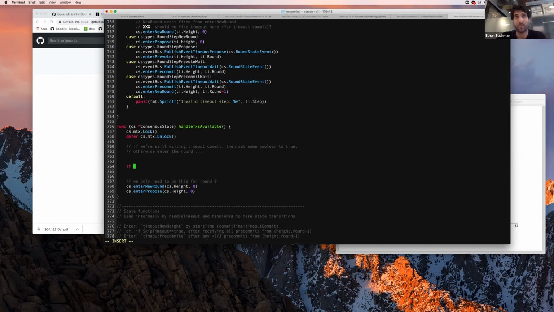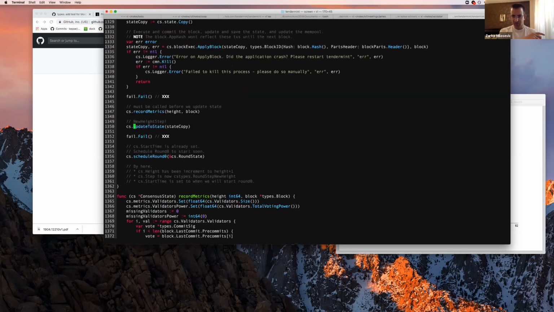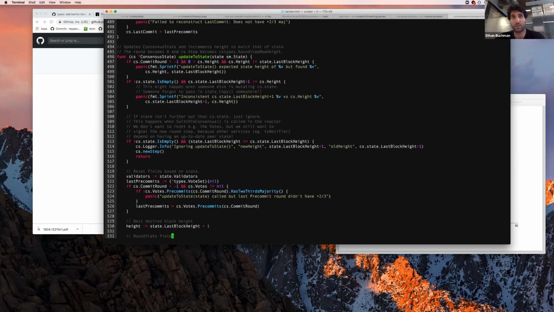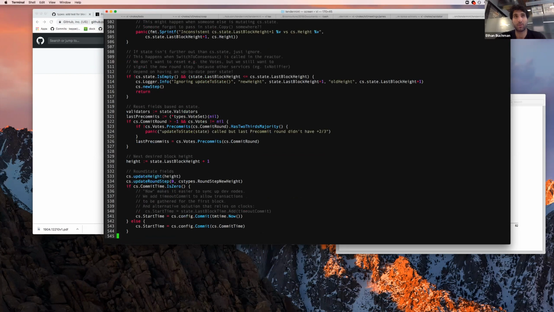We're waiting for the timeout commit. So how exactly do we check that? We'd have to see that we're at the new height, but we haven't started the new round, I guess. No, I guess here with handle tx available, it might be just setting this flag, but then at another part of the code we have to reset it. We need to reset. You're right. Yeah. So in update to state, we would have to reset it, and then we could set cs.tx_available